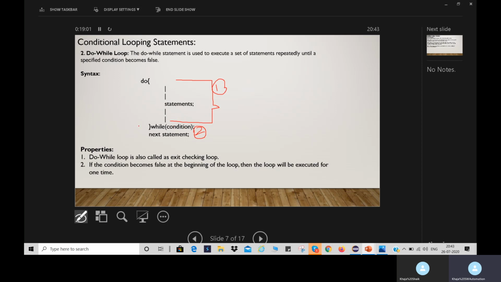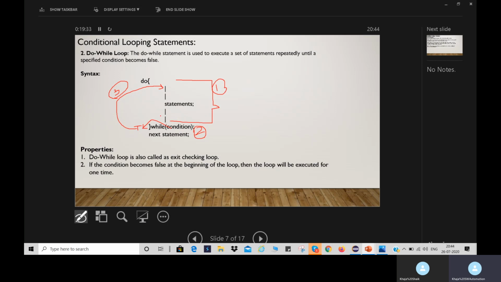If the condition is true, then again all the statements in the do while loop will be executed. This is step 3. Again at the end of the loop, the condition will be tested. If the condition is true, again all the statements will be executed.